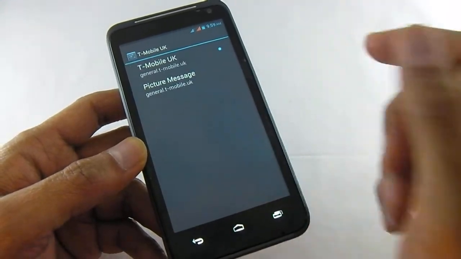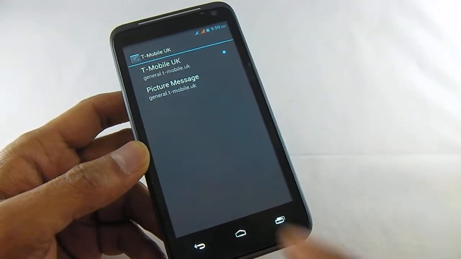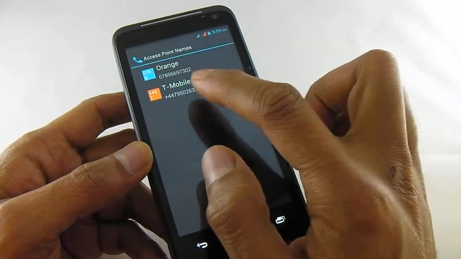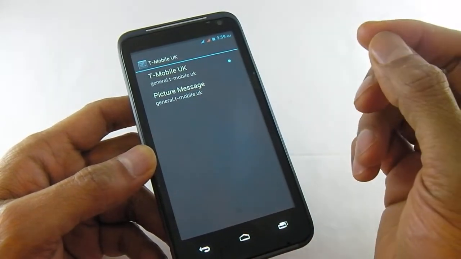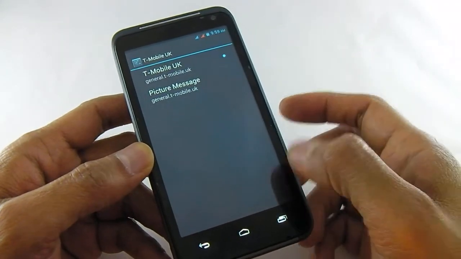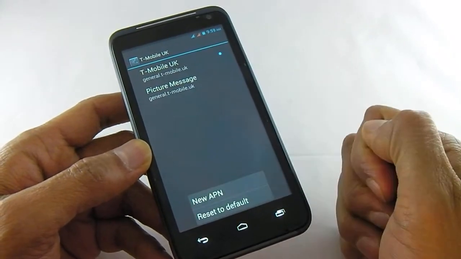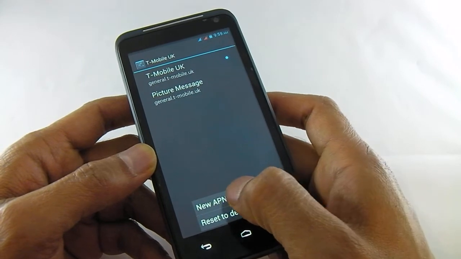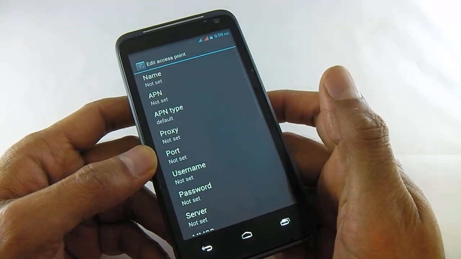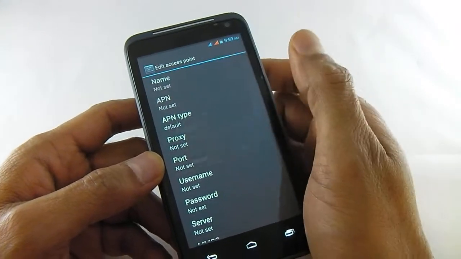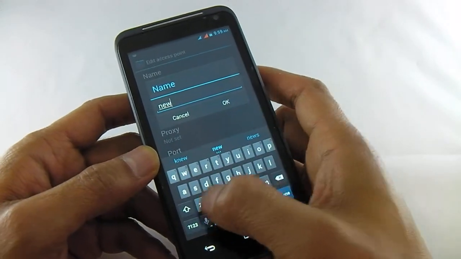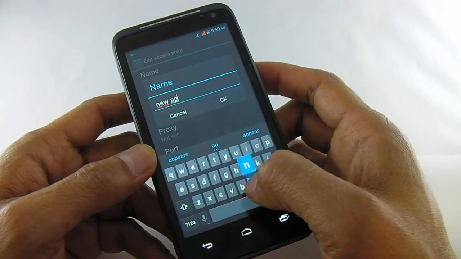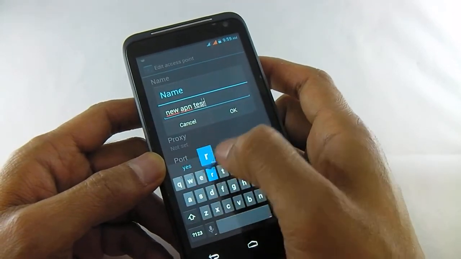Okay, so I want to set up a new APN for this particular SIM card. So I know I've already got an APN set up, but I don't want to use those settings. I think they're wrong, or I just want to use a different setting. So I need to go to my option menu, then go to new APN, and then I can set that up. So I'm just going to name this new APN test, like so,